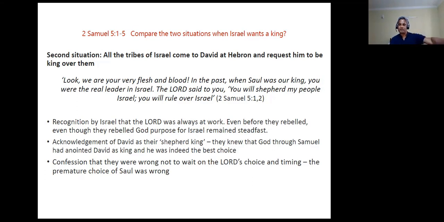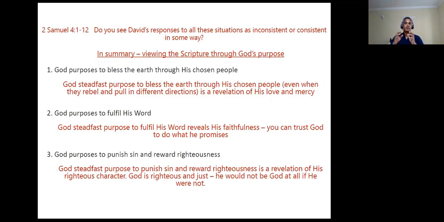So when they compare Saul and say, though Saul was a king, you were the real leader, that means you have all the qualities and you are the Lord's choice. So there's a confession here that they were wrong not to wait on the Lord's choice and timing, that they were premature in demanding a king, and the result of their premature choice of Saul was wrong. Okay, so in summary,